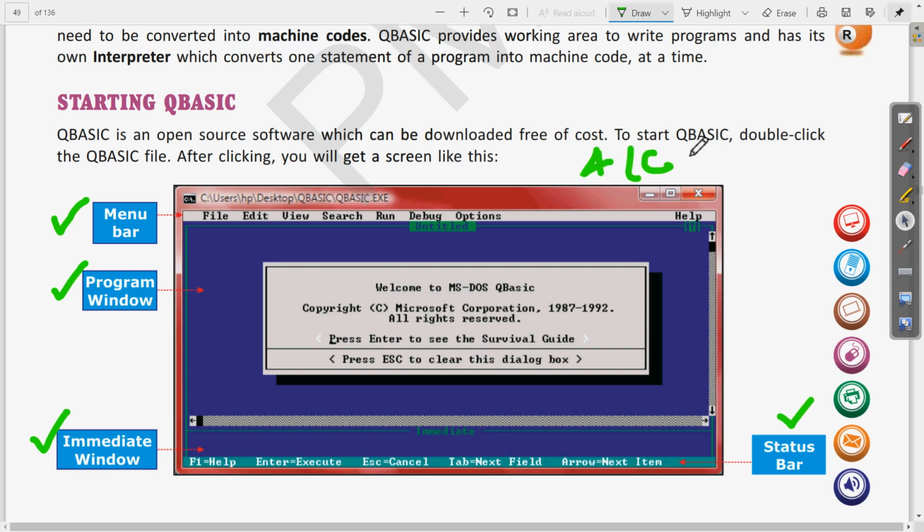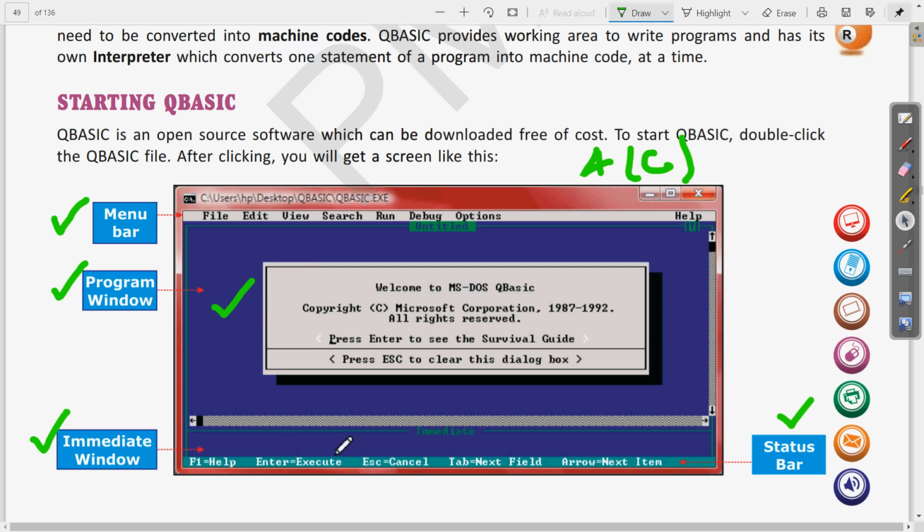You have to only write the names of these QBasic components. Clear? So the menu bar is present at the top, where the different tabs like file and edit are denoted. Then the program window is the place where we write the program.